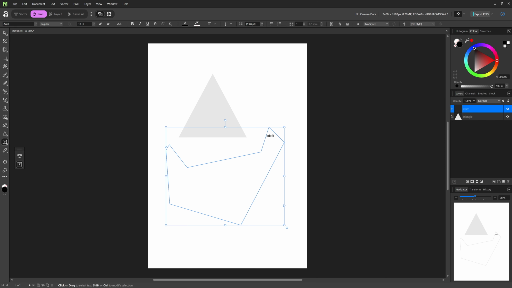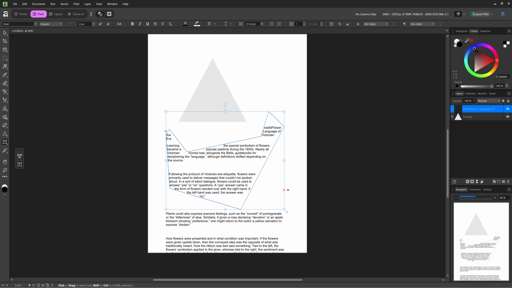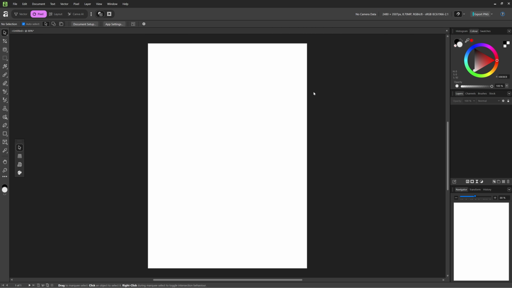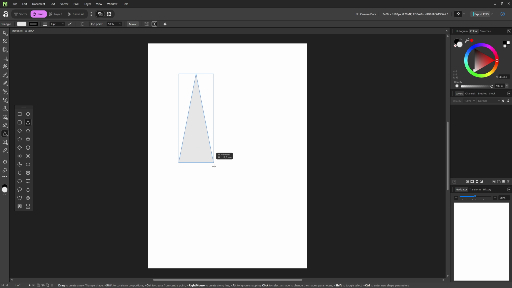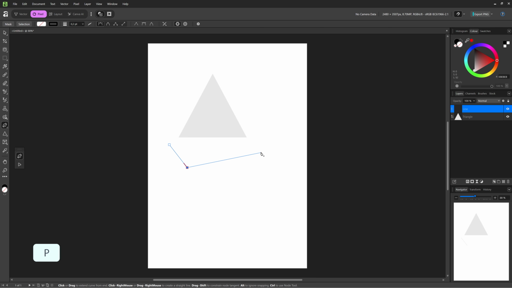In this tutorial, we're going to take a look at how you can turn any object into a text frame in Affinity Tree. So here in Affinity Tree, we're going to first create an object, and you can do so by selecting one here in the rectangle tool drop down. You can choose whatever you want. So let's maybe make a triangle here,